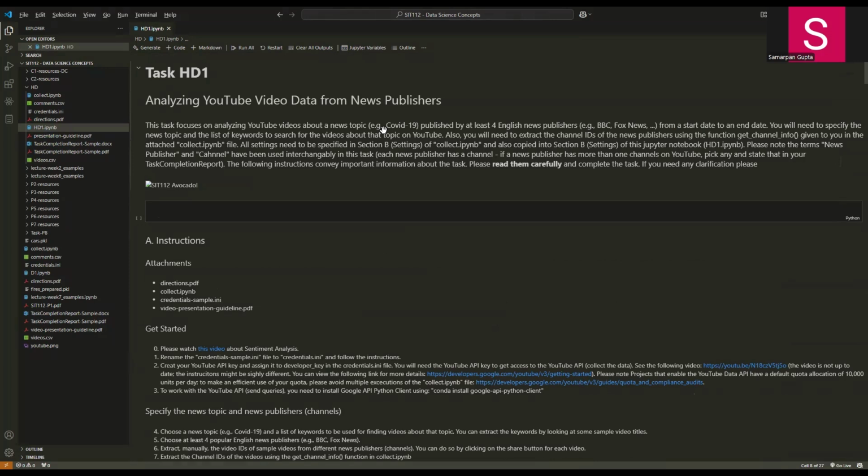In this task, we were asked to analyze and visualize YouTube videos based on the metadata and the data from the YouTube platform. To be more specific, we were asked to analyze the sentiment of comments and video titles on YouTube videos over a specific time period, focusing on months between January 2020 to January 2021.